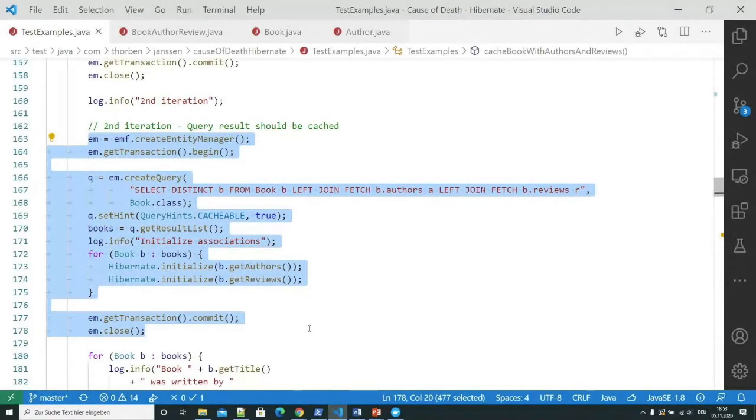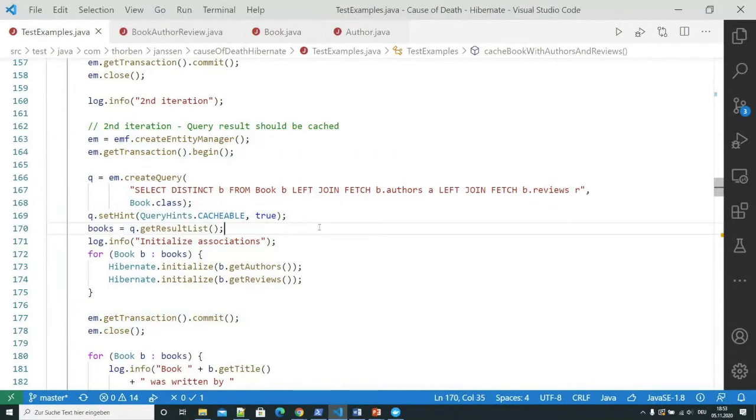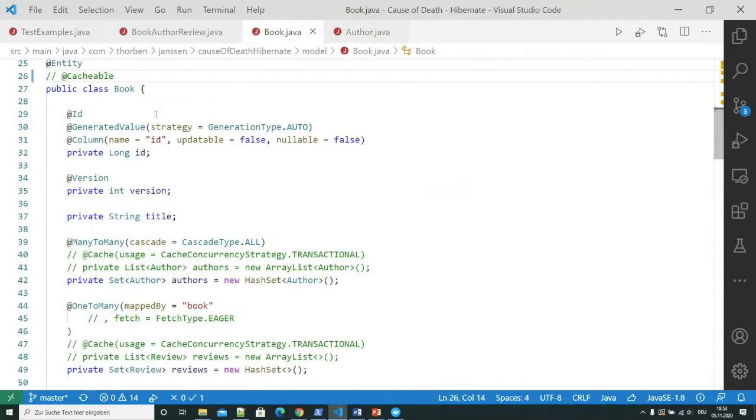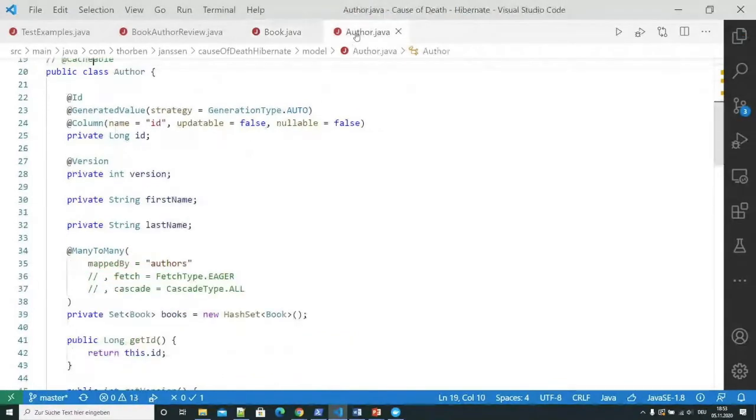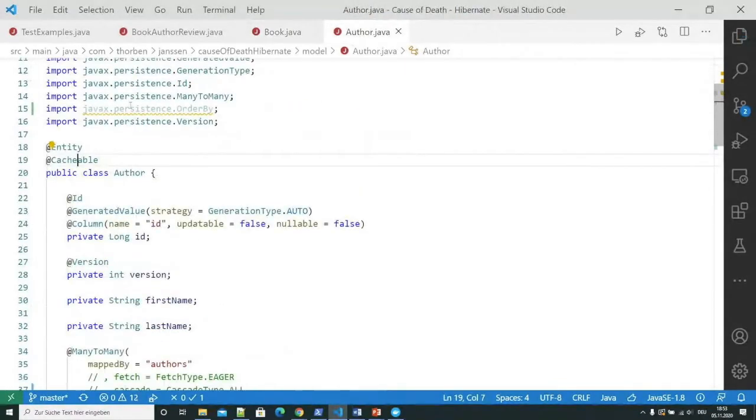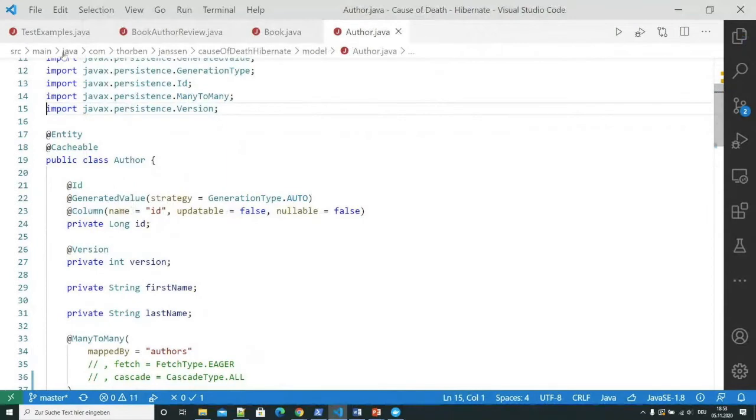So what's happening here? Well, the query cache only caches references to entities. It doesn't cache the entities itself. Our query selects entities, the book entity with an initialized list of authors and reviews. And if you remember what I just did a few seconds ago, I removed the cacheable annotation from the book and from the author, which means that author and book were not cached.